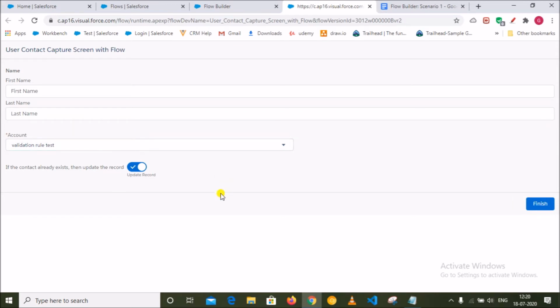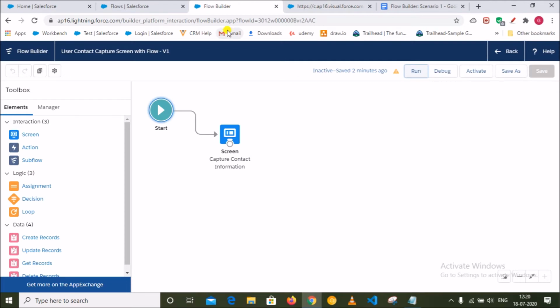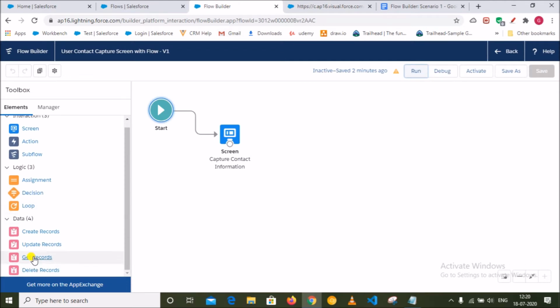So for that, what do we have to do? We have to get the data. If you see here in the data part, you can see get records. That means I'll fetch all the contacts in my get records.